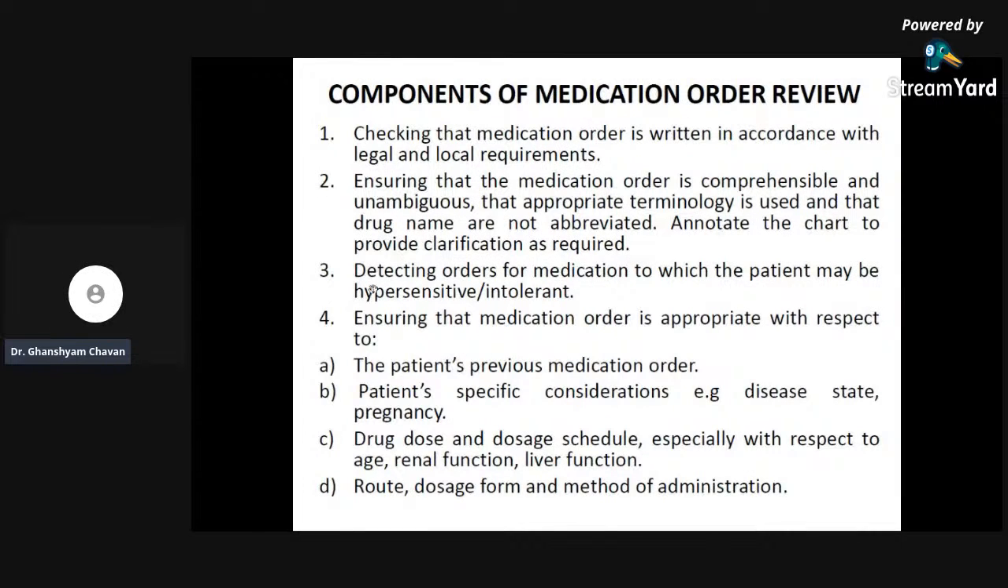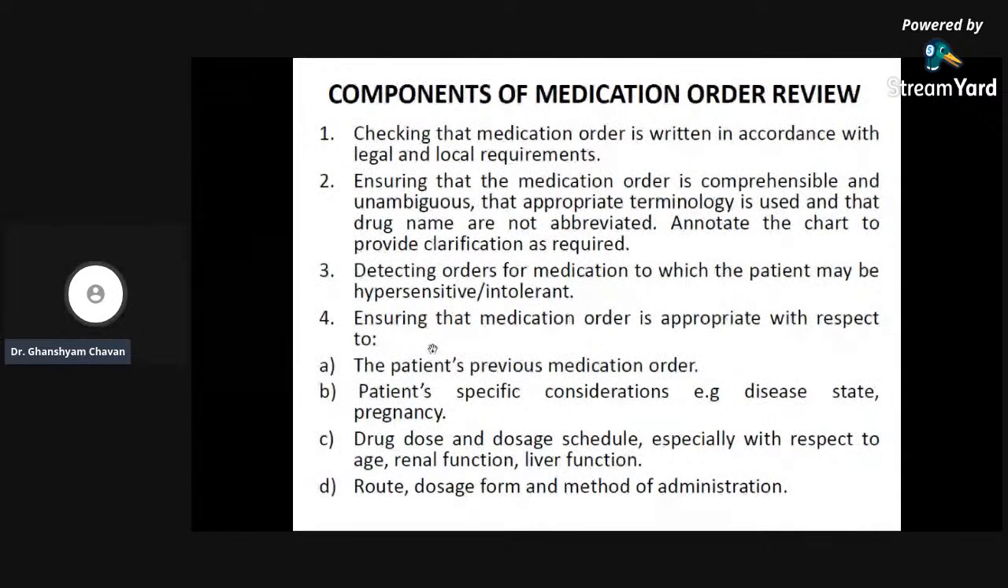Next is editing the order for medication to which the patient may be hypersensitive or intolerant. A detection parameter should be there, not only for hypertension but also for intolerance, or for any allergens, or angina-like conditions, or if the patient has asthmatic conditions. For a number of cases we should detect that condition, and accordingly go for those medications, ensuring that the medication order is appropriate with respect to,